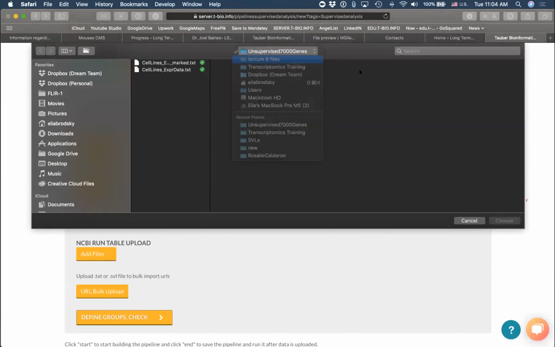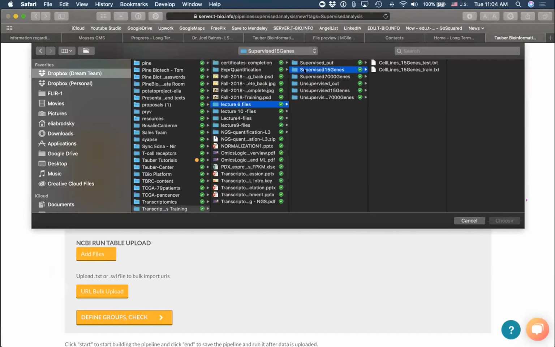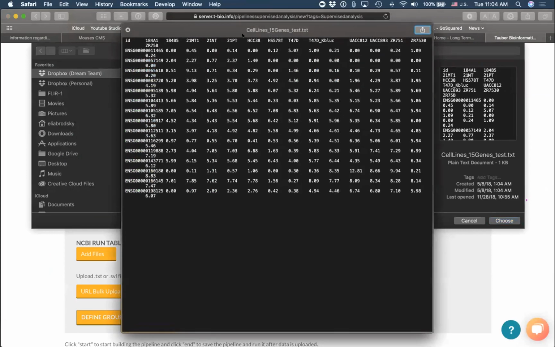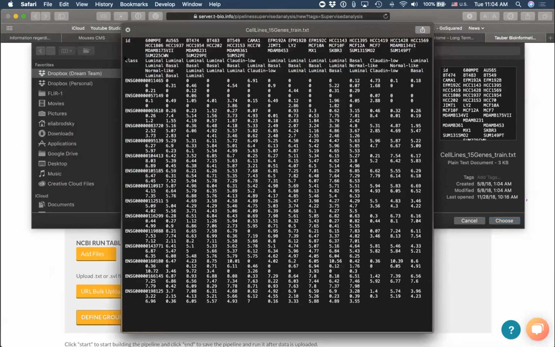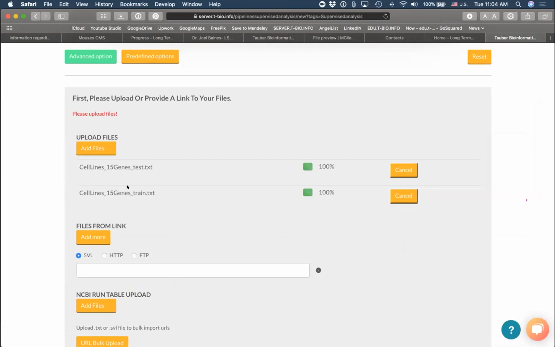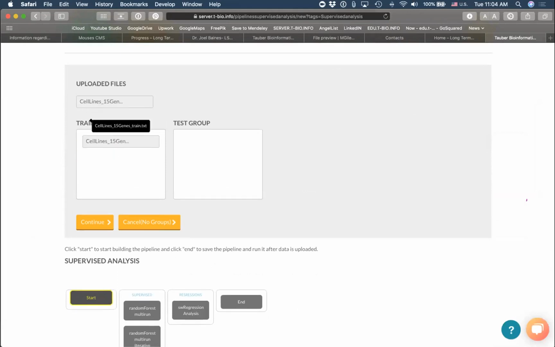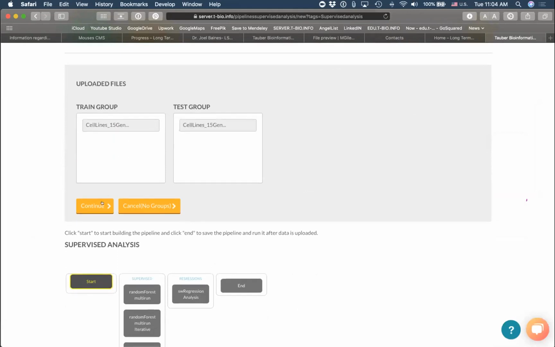Let's go to supervised, 15 genes. And here you can see test and train. What is the difference between them? The difference is that in the test, there are no labels. And in the train, we have the ID of the sample, and then we have a class, which is our label for that sample. So we have samples and then labels. Now you select both of them, upload the test and the train, and then you separate. So you can put the training under the training group, the test under the test group,